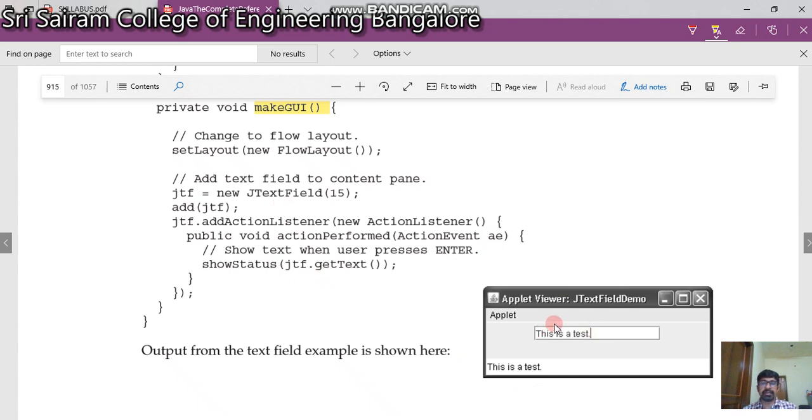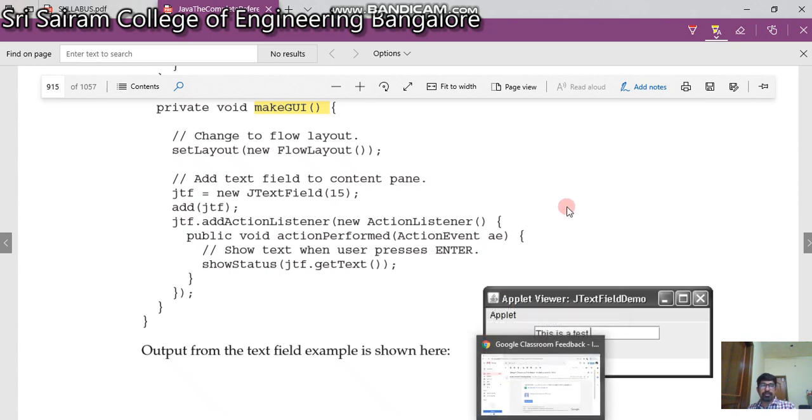The text field you have created has 15 characters of space. Whatever we enter over here, after I press the enter key, will be placed on the event. It will be displayed in the corner. Show text when the user presses enter. So this will be displayed on the screen.